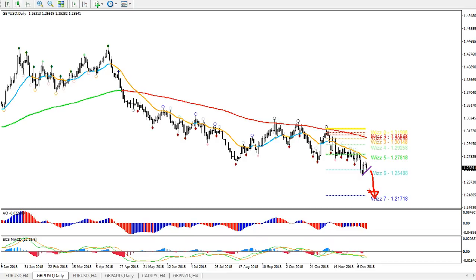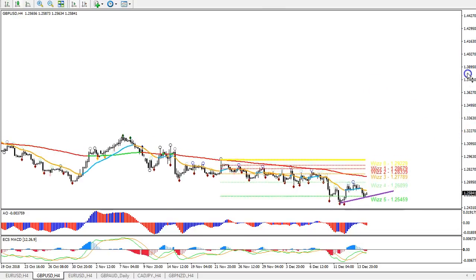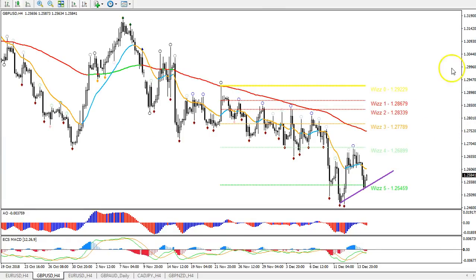So yes, pound dollar looks a little bit more interesting than euro dollar if we don't take Brexit into account, and Brexit of course always makes trading the pound dollar nowadays more difficult. So taking that into account, it's a little bit more tricky. But just from a chart patterns, trending point of view, a bearish break towards the 6th and 7th WIS level seems interesting, and has a lot of potential there. But be careful of Brexit news, because that can always change things on a dime,